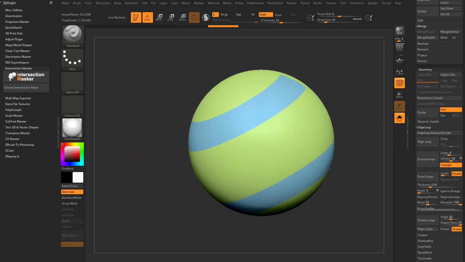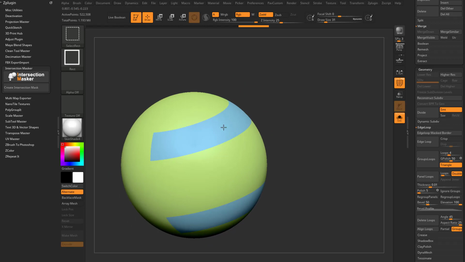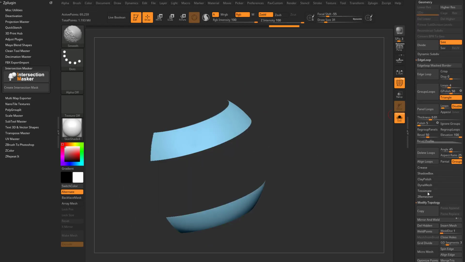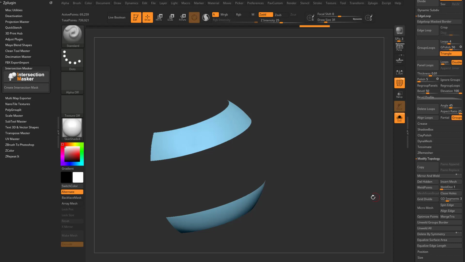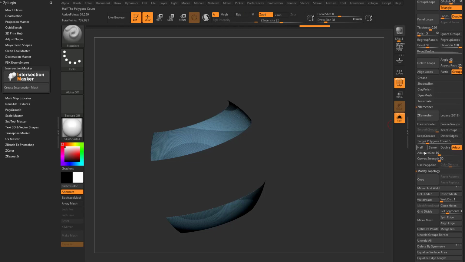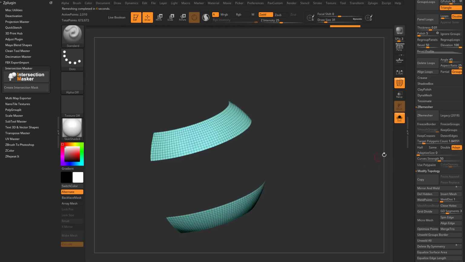If I Control drag now, you're going to see we have a polygroup here, so I can hold down Control Shift, select just the masked area, do another Geometry, Modify Topology, Delete Hidden. Now if we turn line back on, you can now feel free to go in here and say, maybe do a ZRemesher, target polygon count of say 2000-ish, depth size down to 0, hit ZRemesh, and let's hit half, and then hit ZRemesh again, and now you can see you can get very, very quick, easy